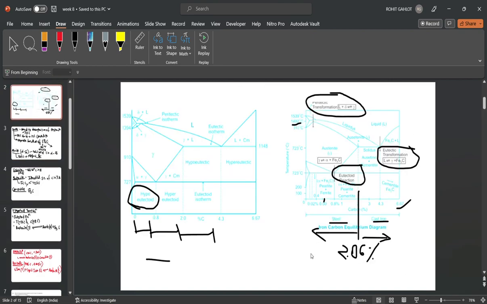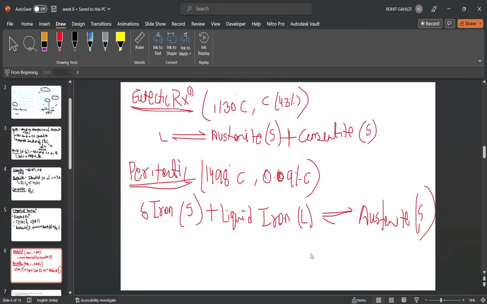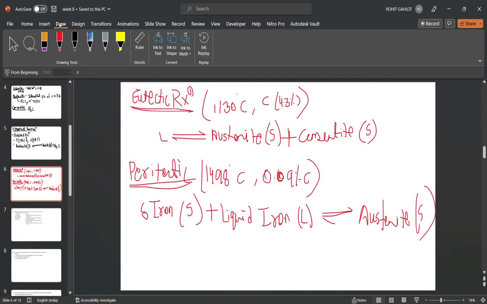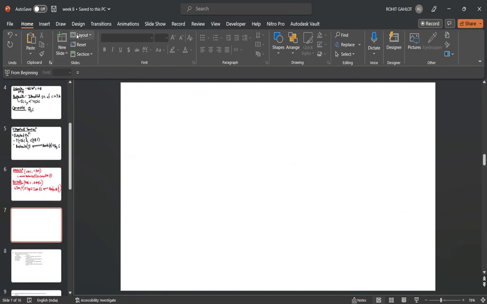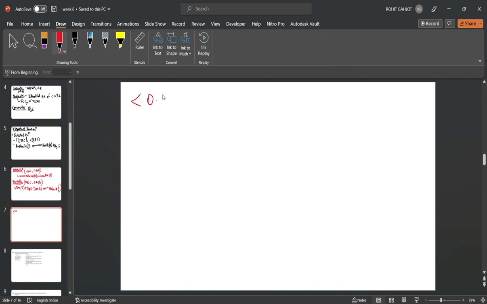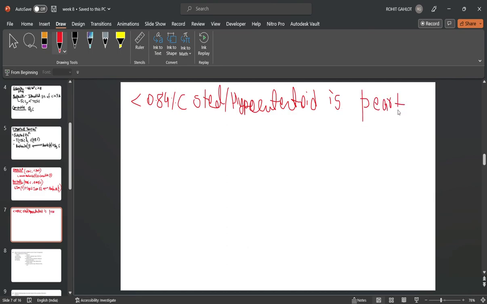Okay, and it was also clear from here that at less than 0.84% carbon, steel or hypoeutectoid, the structure is pearlite plus ferrite. And at more than 0.84% of carbon,